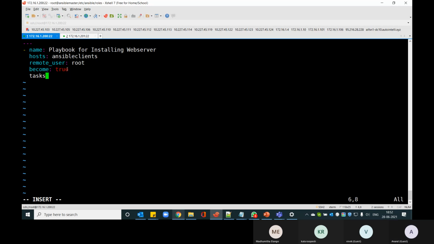Our first task is to install the package. I will say the task name is install HTTPD. That's our Apache Web Server package. And how do you need to install? We use yum as our package manager for Linux. So I'm going to mention that. And what is the name of the package? It is HTTPD. And what is the state? If you want to have a specific version, you can mention it here. I'll go with the latest version,